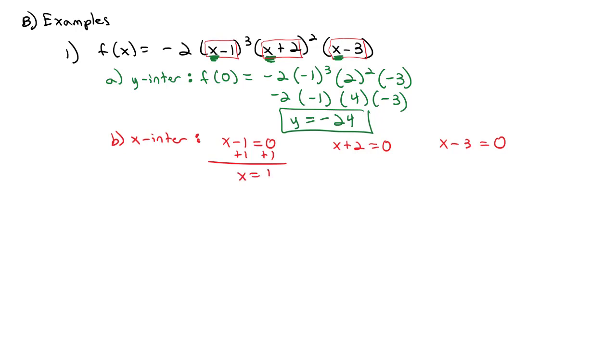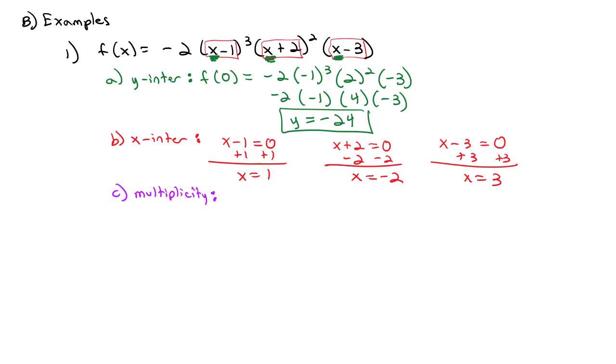Add 1 to both sides and x equals 1. Subtract 2 from both sides and x equals -2. Add 3 to both sides and x equals 3. Those are my 3 x-intercepts. Now when we look for the multiplicity,